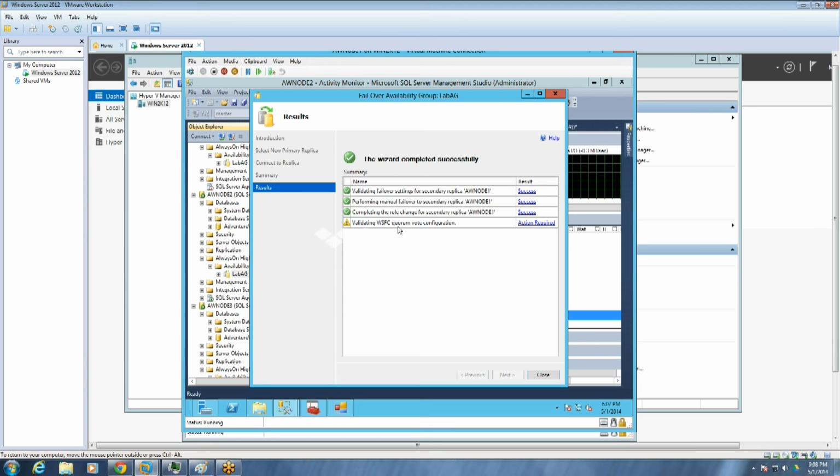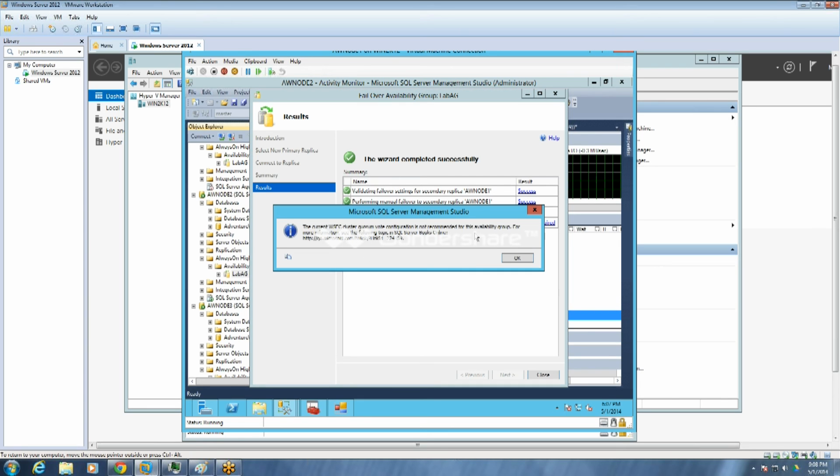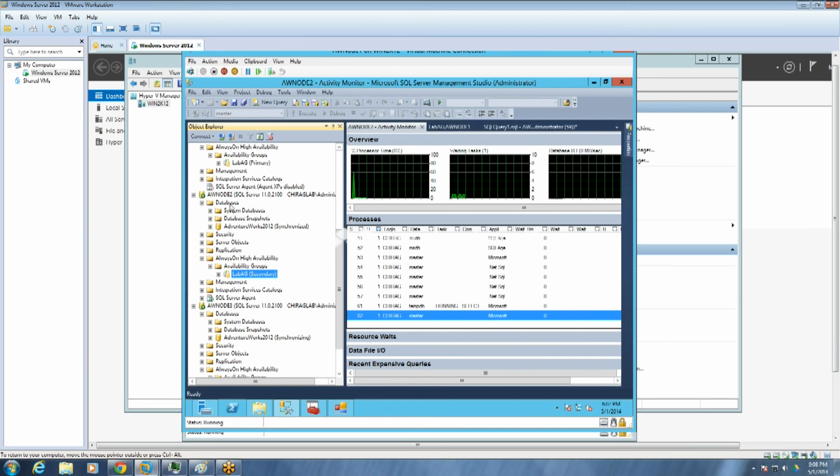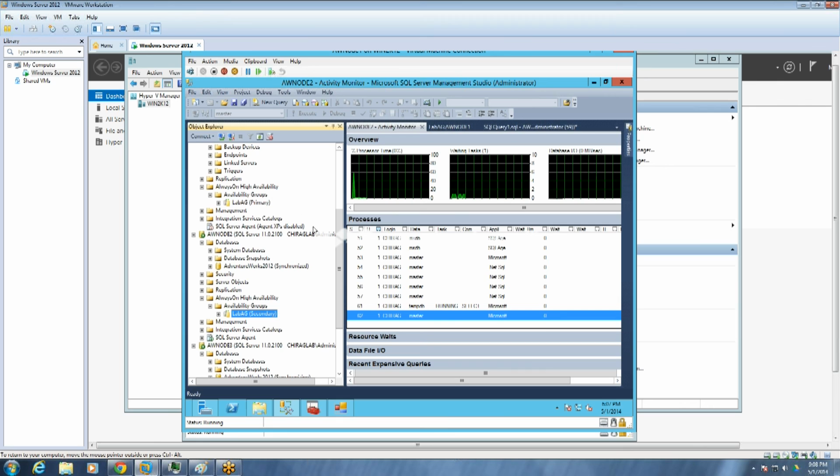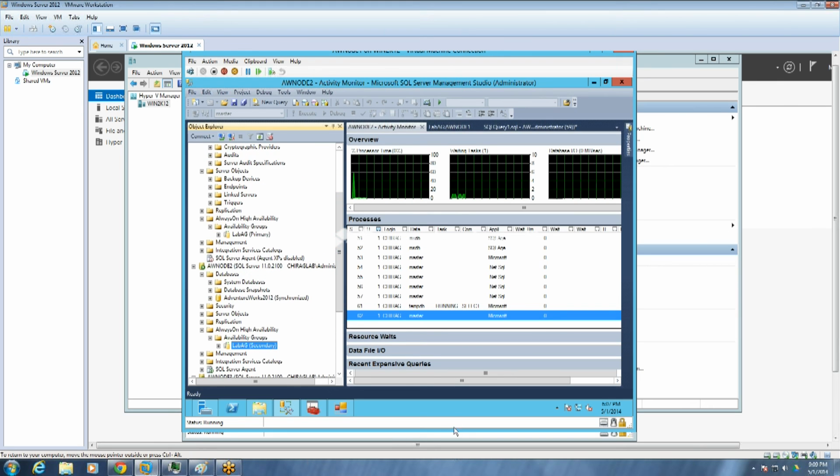So it gives us a basic warning, not an error, on the quorum, and that's fine because we didn't include any disk or voting mechanism. We are just taking the nodes and all that, and we think it's the best one. So let's see. And if we go in this one, see, it automatically showed out there. It's the primary one.